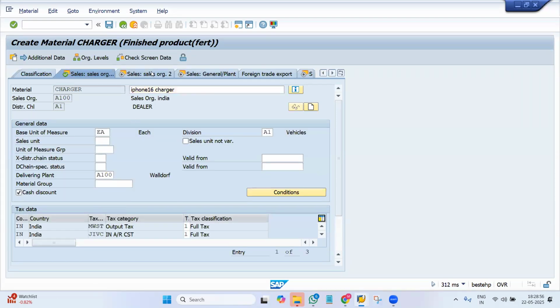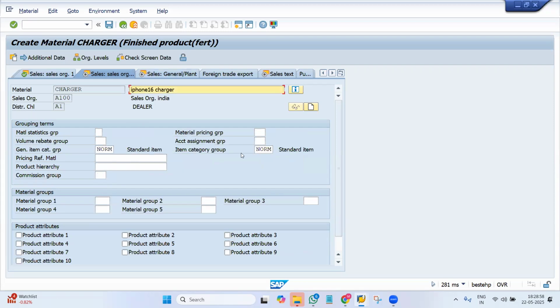Okay, and then go to sales of 2. So here for the sub item, the item category is the same, NORM. But only for the main item, the item category group will change. That is header pricing, for which we are using ERLA. If this is item pricing, then we'll use LUMF. As of now you won't understand what is meant by header pricing and item pricing, that we'll discuss